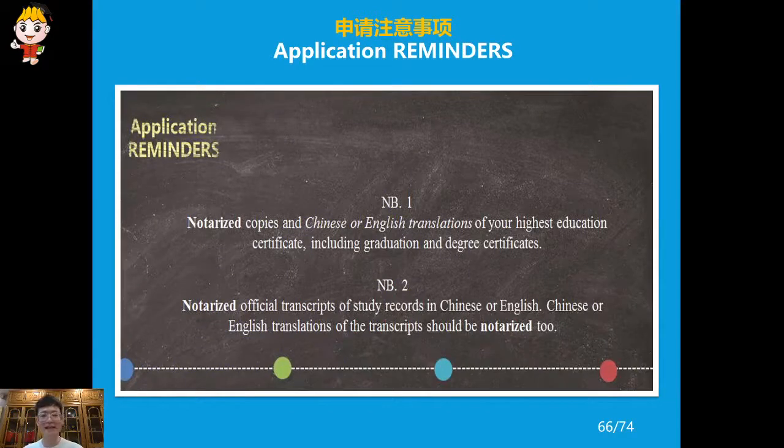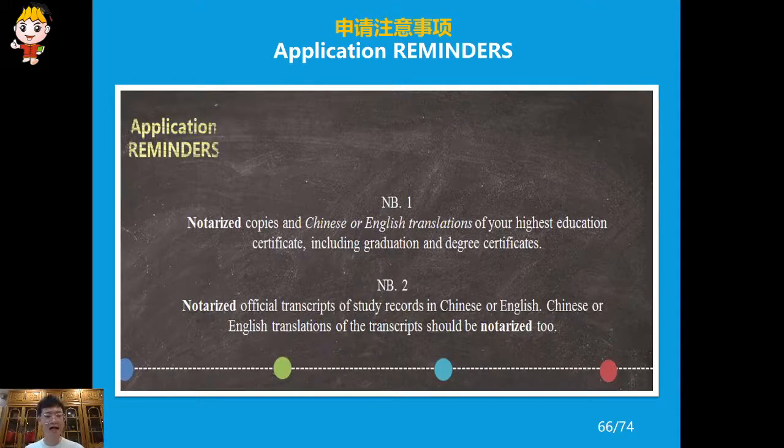When you're submitting the highest education certificate, like a graduation certificate or degree certificate, or when you submit the official transcript to our university, some students submitting like the copies in your own language, like in Swedish, but remember here the key word here repeated with bold, that is notarized version. Keywords, notarized. That means, okay, translation with all verification.